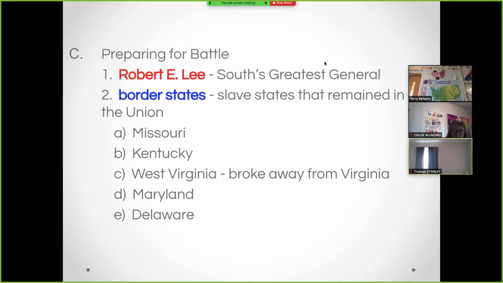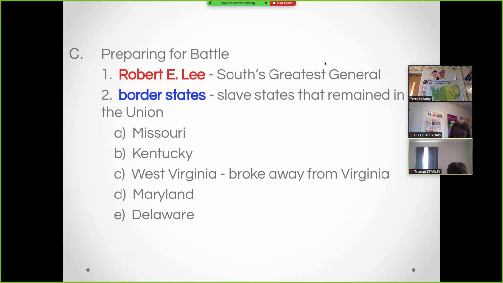54 counties said, hey, we don't want to secede. So those 54 counties broke away from Virginia so they could remain loyal to the Union while Virginia was secesh. They had seceded. They become secesh. So lots of words that are new to us. Secesh, secession, secede. They all kind of mean the same thing. So West Virginia becomes a state as a result.